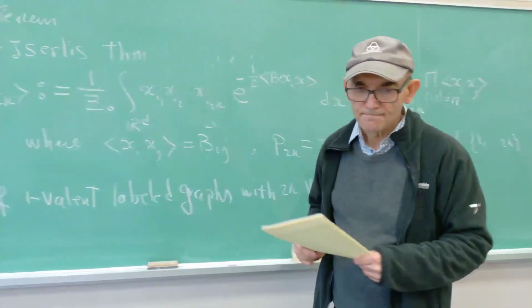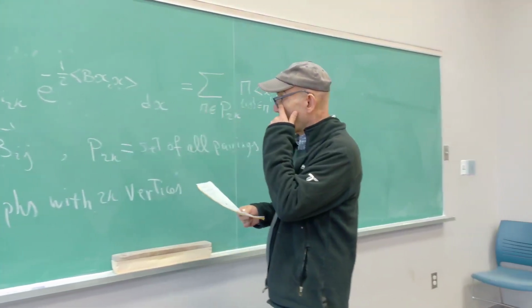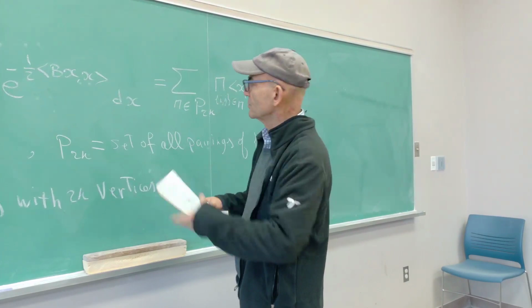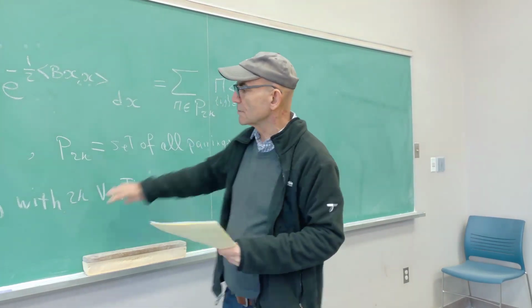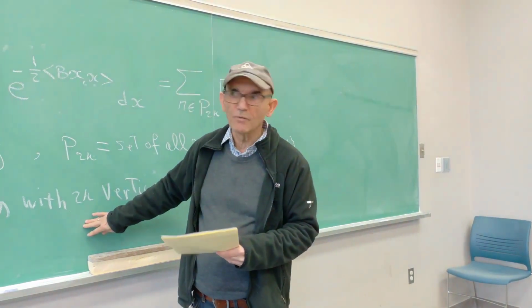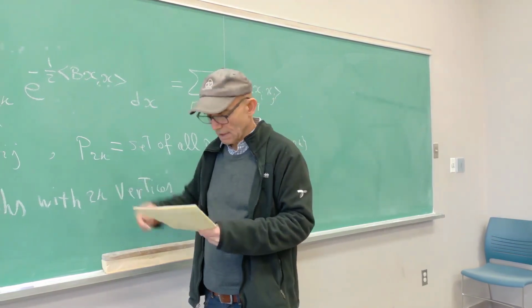So we have these two formulations, summing over pairings or summing over labeled one-valent graphs, as we saw in